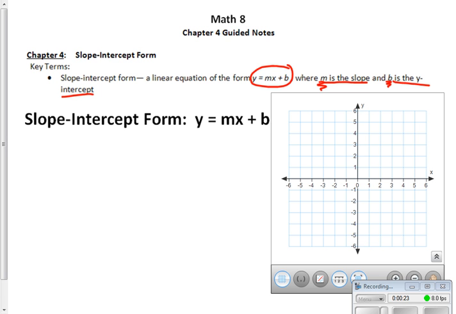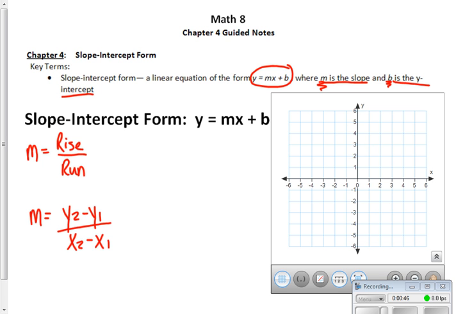Okay, basically remember the last couple days here we've been figuring out what m represented. M is a slope. Two ways to find it. One, we had the rise over the run where we constructed that right angle on a graph. The second way that we found m was the formula where we had y2 minus y1 over x2 minus x1. The new variable that they're introducing here today is b, and b is the